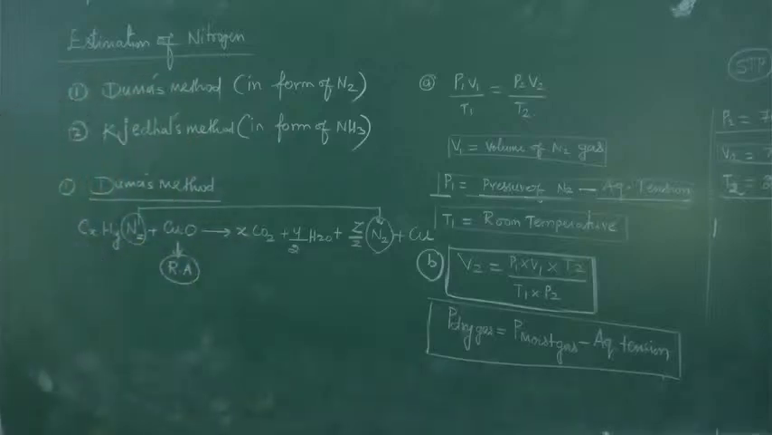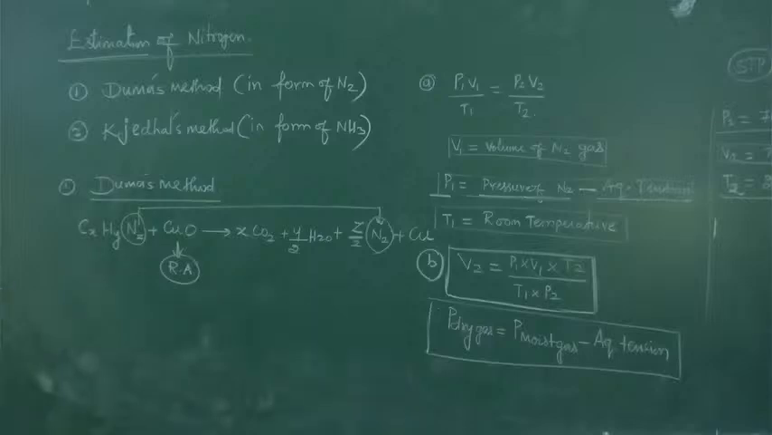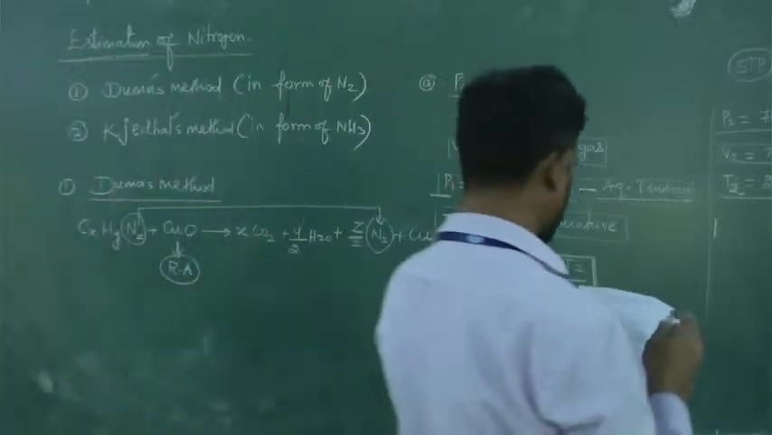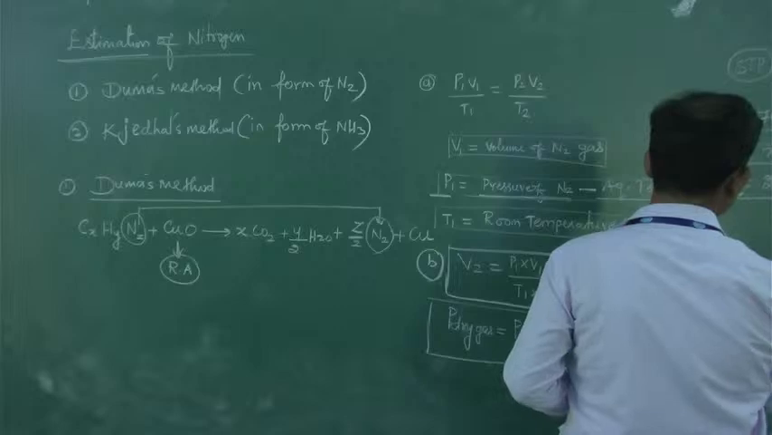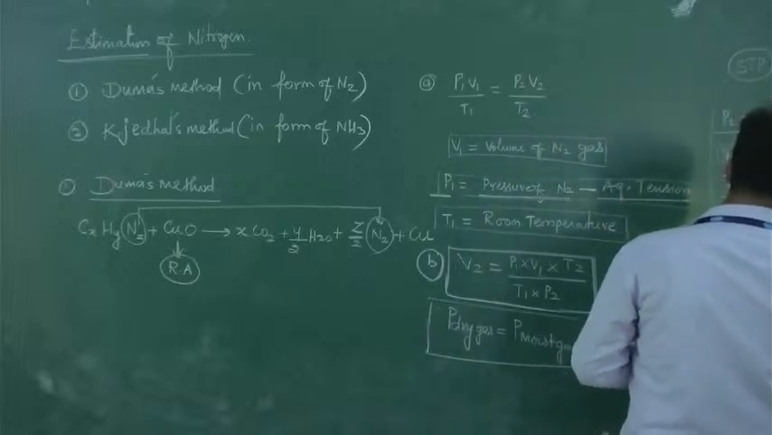Which one do you have to calculate? Calculate only V2. Is it clear? From this, what you have to calculate: we have to estimate the nitrogen. Is it clear? The formula for the percentage of nitrogen from the Dumas method is going to be 28,